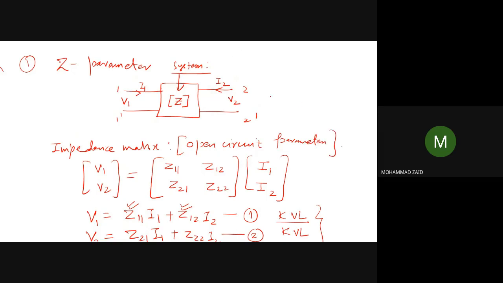And if you remember correctly, this open circuit you also do in the open circuit test of a transformer. Okay, if you remember it from your machines class, this test is also performed on a transformer, that is known as open circuit test of a transformer, where you disconnect the load, and the I2 becomes 0. It is not shown in this picture, but the load is connected, and only then is I2 flowing. If somehow you make this current I2 0, that is very easy. You won't connect a load, so I2 will become automatically 0. So you can calculate the Z11 and Z21.